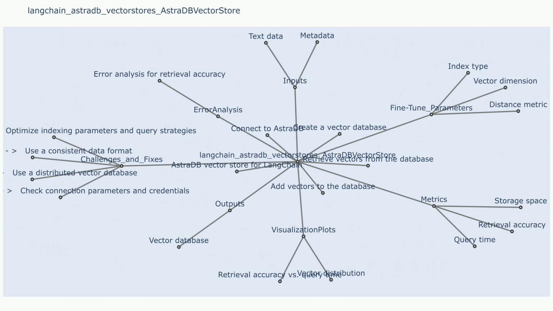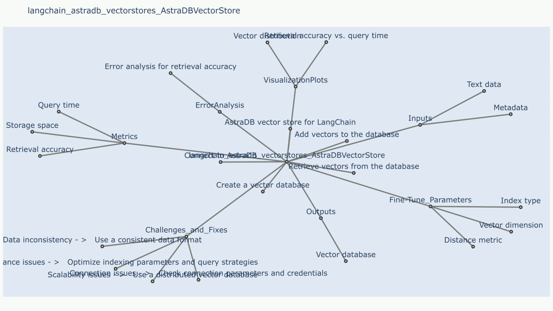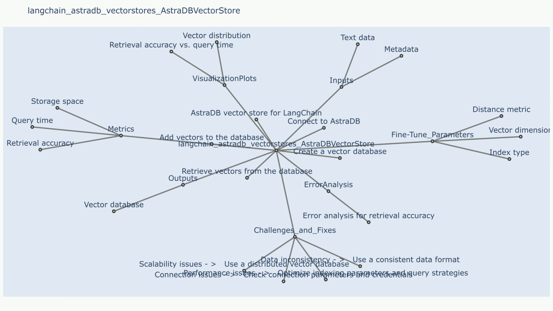Fine-tune parameters: embedding model: you can experiment with different pre-trained embedding models to find the one that best suits your data and task. Vector search algorithm: Astra DB supports various vector search algorithms. You can choose the algorithm that provides the best balance between accuracy and performance for your needs. Index configuration: the configuration of the vector search index in Astra DB can be tuned to optimize the performance of